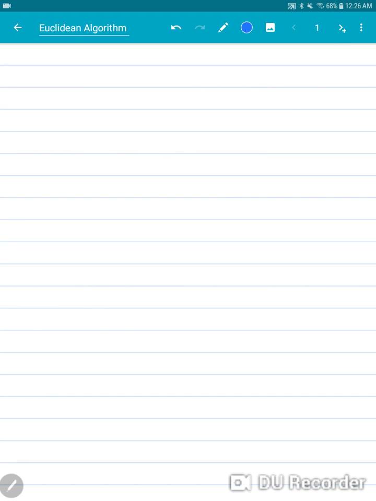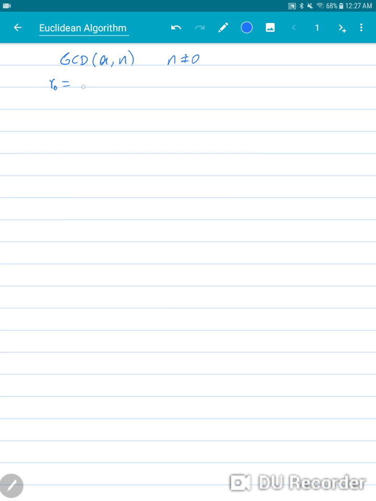I'll describe the Euclidean algorithm to find the GCD of two numbers. Two integers a and n. I'm assuming n is non-zero, and for simplicity I will assume n is greater than a. For simplicity we don't need to do that, so I'm going to do, to be able to write a computer program to help you with that, I'll just